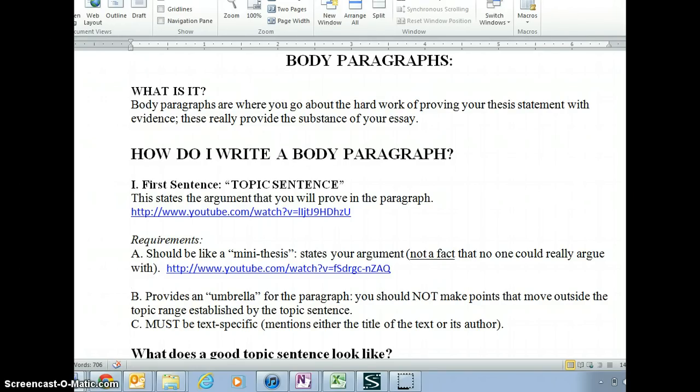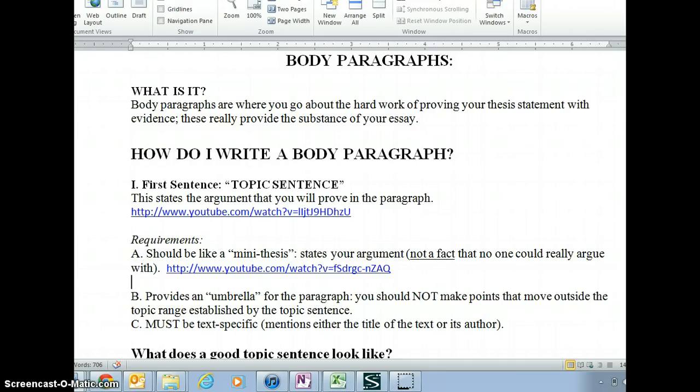So you start with the topic sentence and you say, ladies and gentlemen of the jury, here is what I'm going to prove to you in this body paragraph. So you let us know your argument, and whatever 1 or 2 key points you're going to make in that argument, and then in that paragraph. What's key here, folks, is that you don't then write in your body paragraph any points that go beyond what